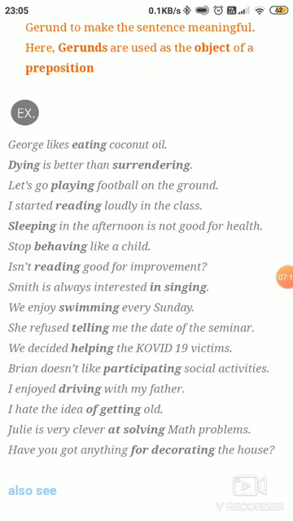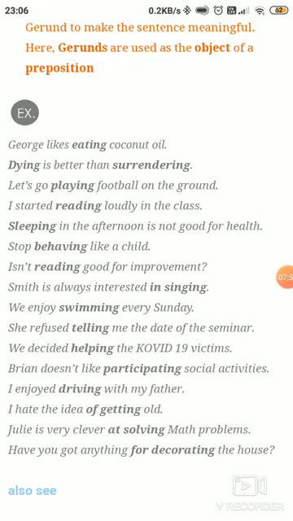George likes eating coconut oil. George likes to eat coconut oil. What did we do? George likes eating. Verb is in the ing form, that is gerund form or present participle form. What we tried to do: we removed ing and we added to in the verb. George likes to eat coconut oil. This is what we are doing. We are changing the gerund form into infinitive form. 1 mark in your pocket. Remove ing, add to before the verb.